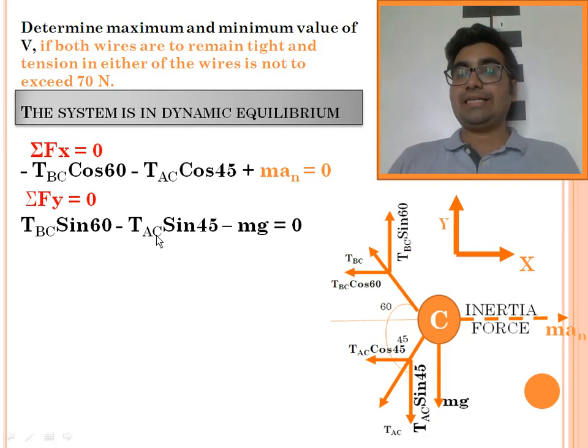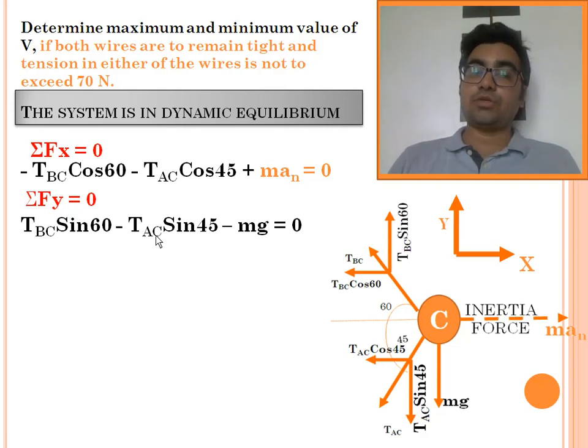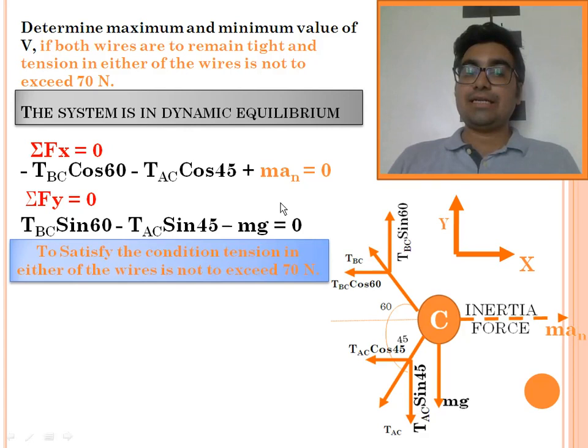So applying the condition of equilibrium, now we are going to solve the problem. But we have come across three unknowns and we have only two equations. Two equations cannot give the answer for three unknowns. So that means we are supposed to read the question carefully. It is given that none of the tensions exceeds 70 Newton. That means we have to take either TBC or TAC as 70 and we have to check the condition for both. So we are going to follow a trial and error approach.